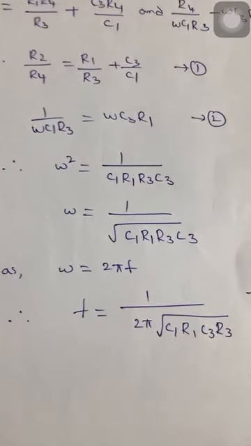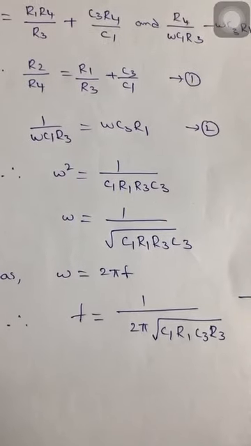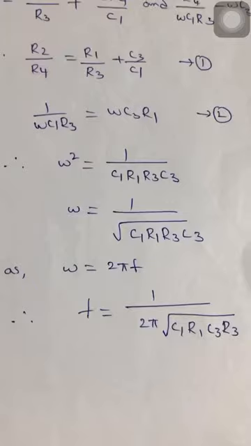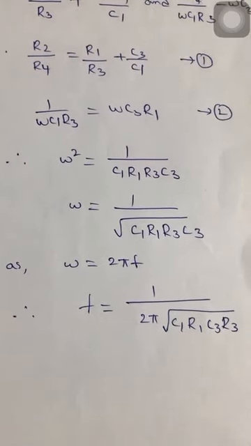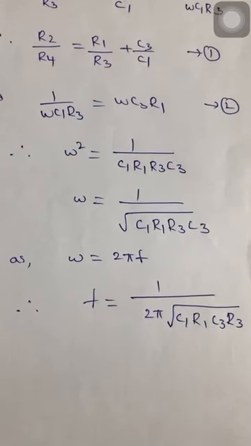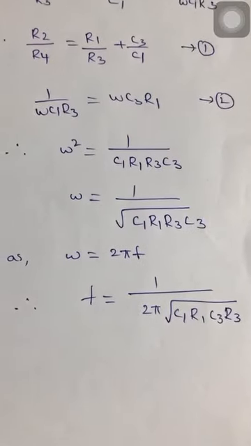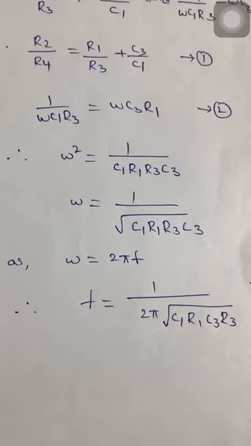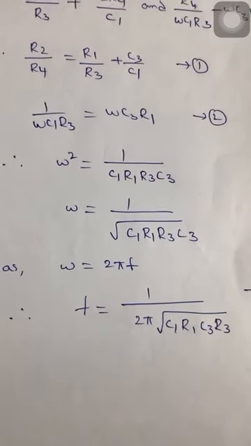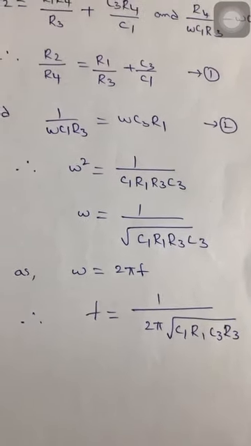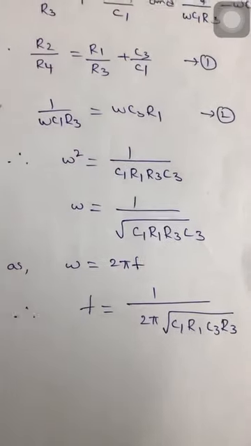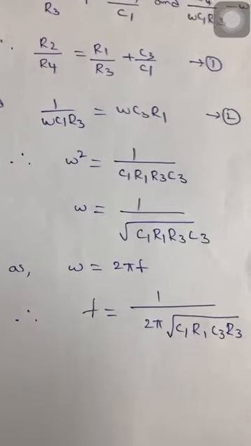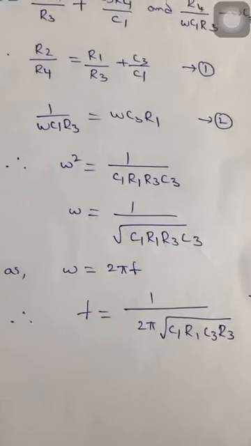And coming to the applications, this bridge is used in harmonic distortion analyzer as a notch filter, and in audio frequency and radio frequency oscillators as a frequency determining element. The accuracy of 0.5% to 1% can be obtained using this bridge. Because it is frequency sensitive, it is difficult to balance unless the waveform of the applied voltage is purely sinusoidal.